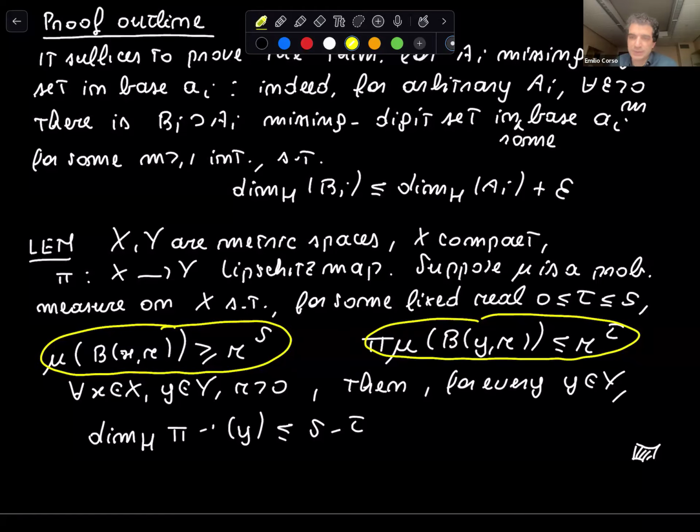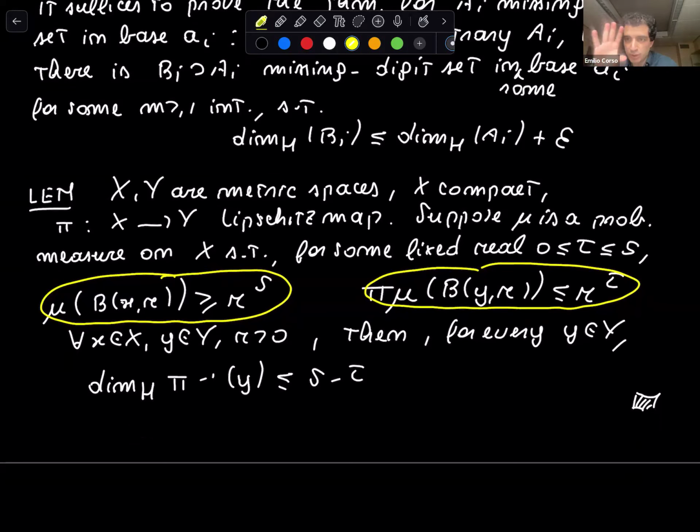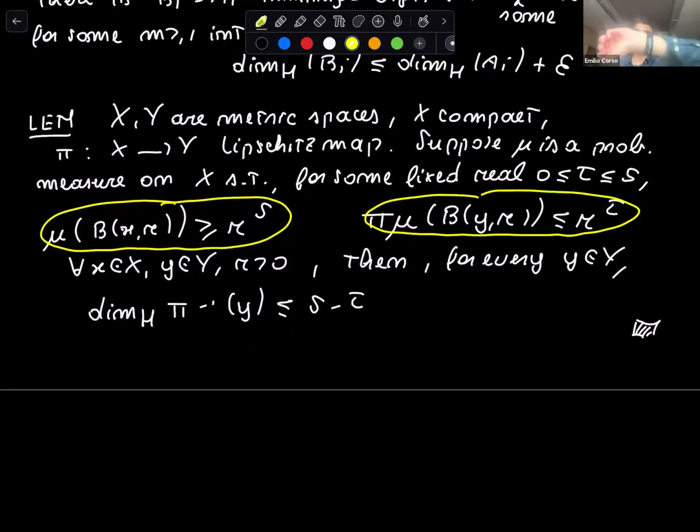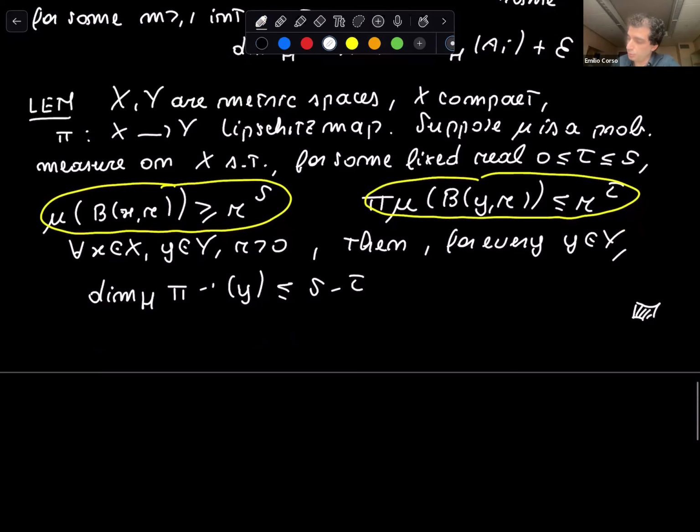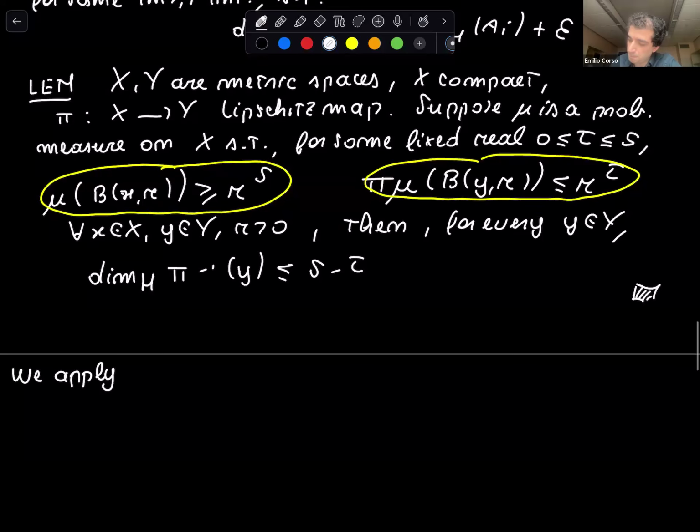Again, the proof of this lemma is two lines. Say you can even prove it not only for the Hausdorff dimension, perhaps it's easiest to prove it for the upper Minkowski dimension. You just write down the definition of the upper Minkowski dimension as the growth rate of packings, and if you want to estimate epsilon packings of each fiber, then you are automatically led to use these two inequalities. So it's really an elementary lemma, but it's again crucial for our approach. Because now we apply this lemma. Probably I should also conclude shortly, but of course I can tell you more after the talk.